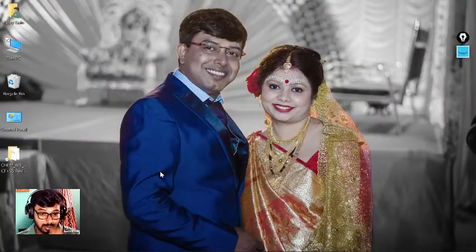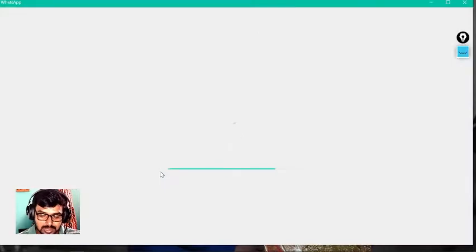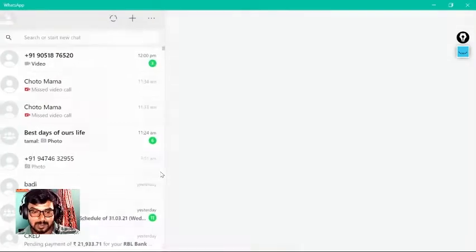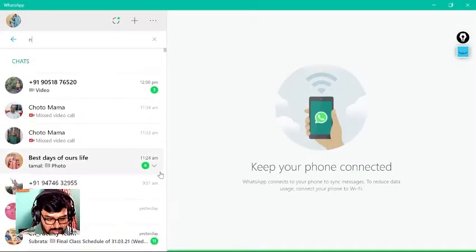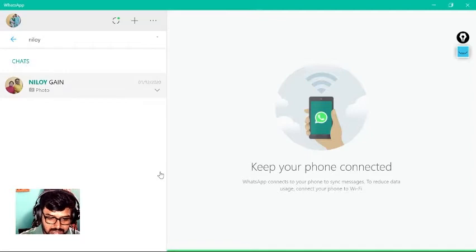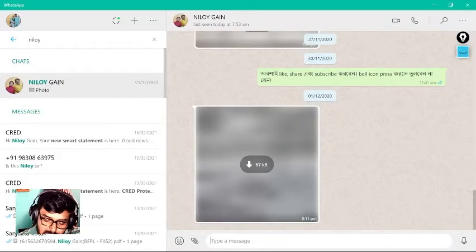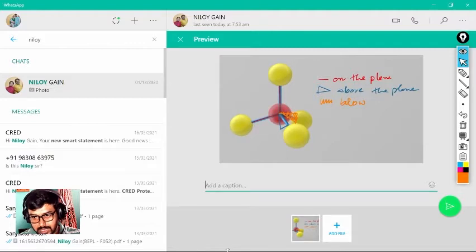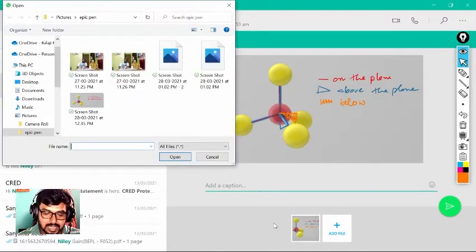So now let's go to WhatsApp. I can use desktop also, anywhere I can use. I'm WhatsApping myself so that I can show the particular things. So NILOY, NILOY again. Yeah, here I am. I can directly paste it using Control V, or you can use add files.